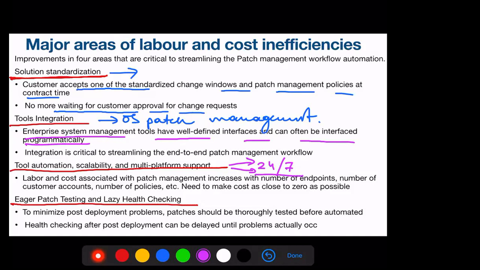But some of the patch management are different. If in your service level agreement it is written that whatever critical issues come, you have to resolve them within half an hour or 1 hour, in that case can I wait for 12 o'clock at night? The answer is no. In that case, I need to take immediate action for the patch management.